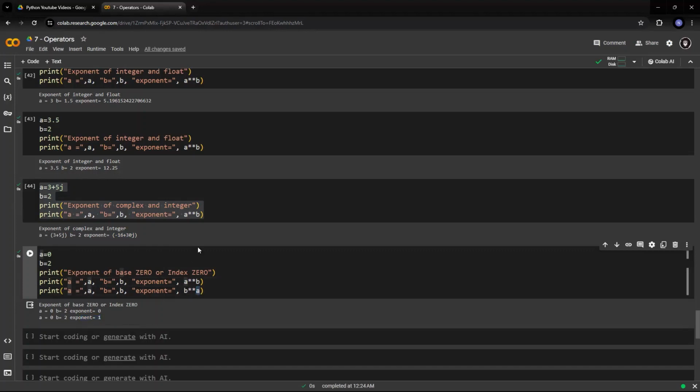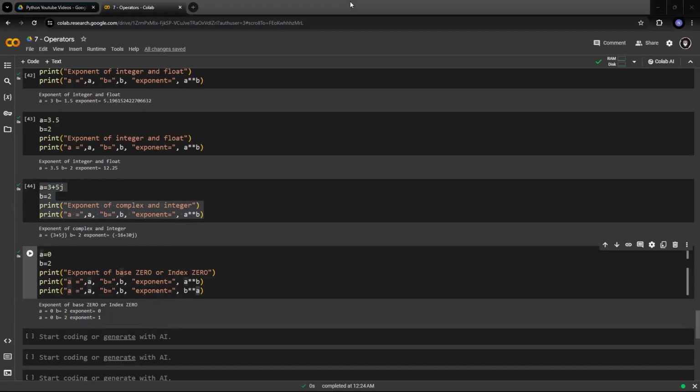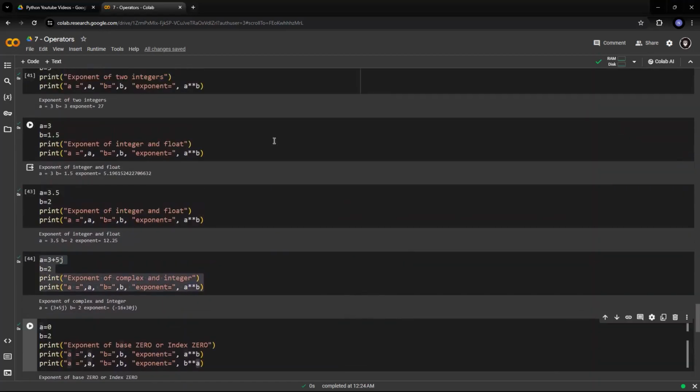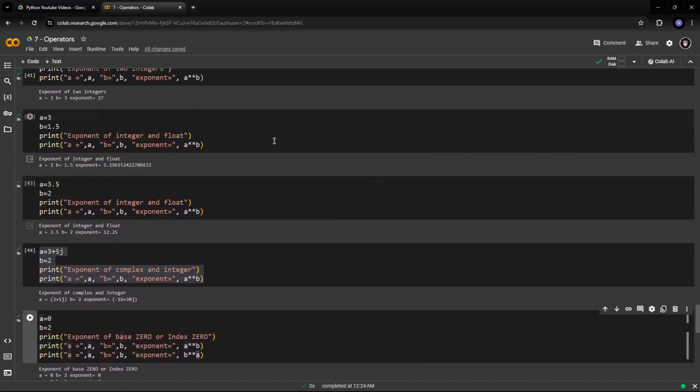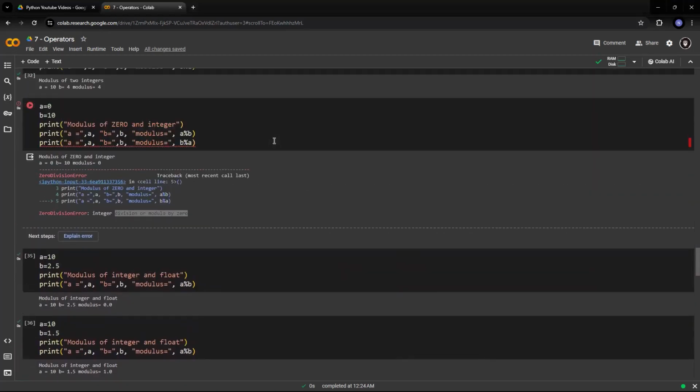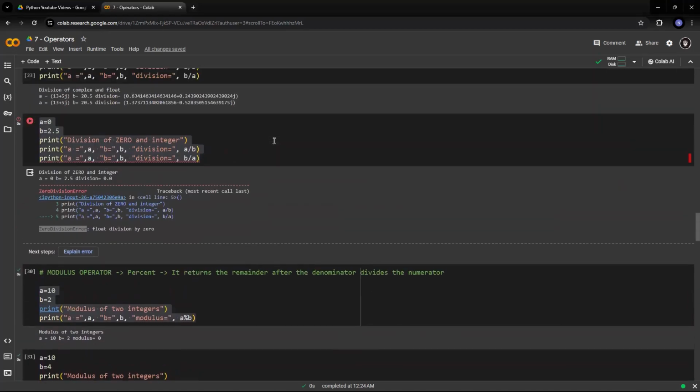So you should remember this. This is how the exponent function or the exponential operator works. This is pretty clear, I guess. Now let's move on to our next operator, which is